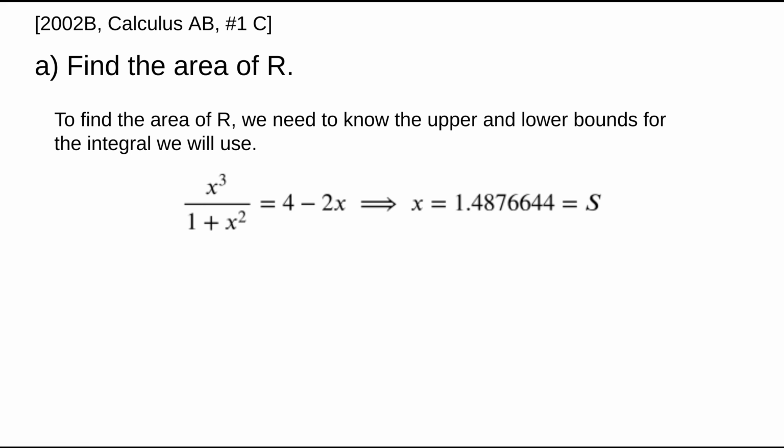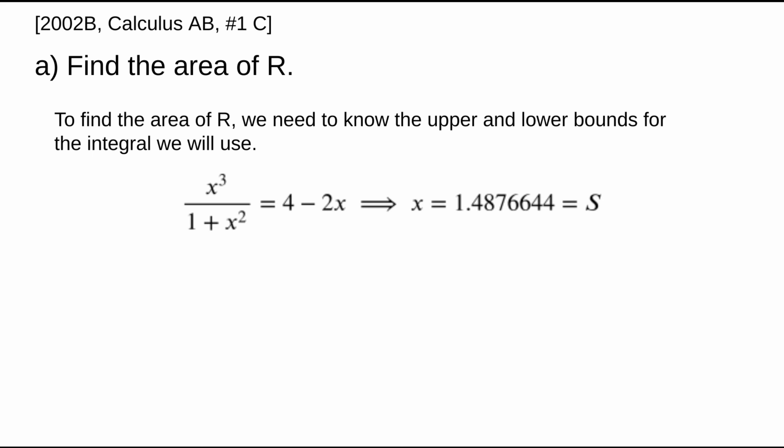Because this is a calculator active question, I can use my calculator to determine when these two functions will intersect again. When will x cubed over 1 plus x squared equal 4 minus 2x? Use your calculator. They will intersect at 1.4876644. And for brevity's sake, I'm going to call that number s. The reason I'm going to do that is that's going to be one of my bounds of integration. I don't really want to keep writing that number all over again. It's just going to be easier if I define it to be this value s and then refer to it